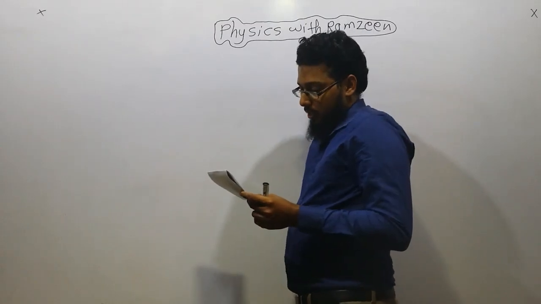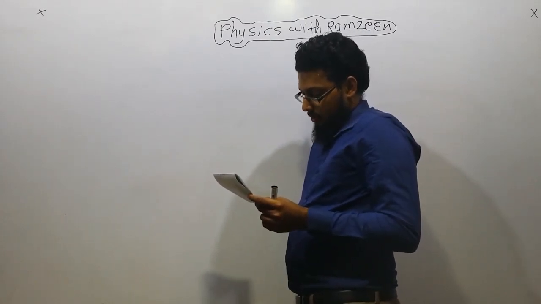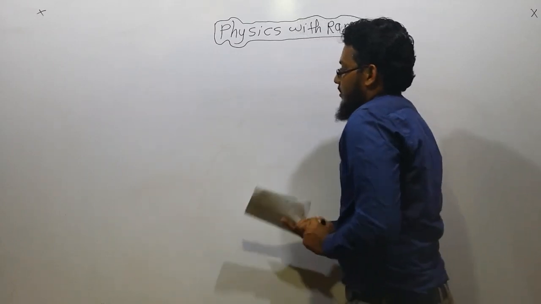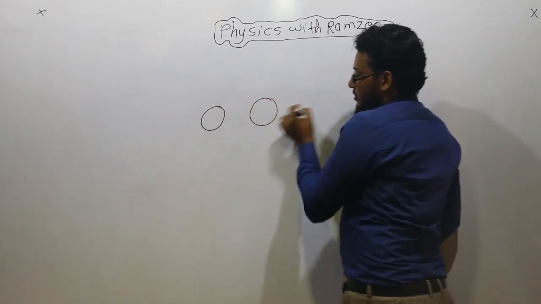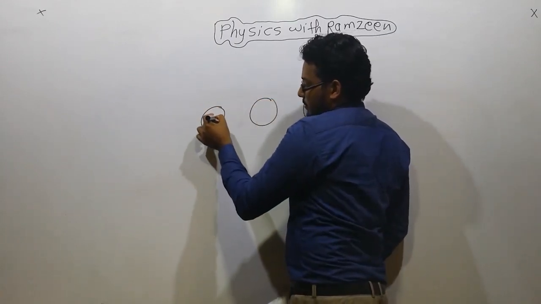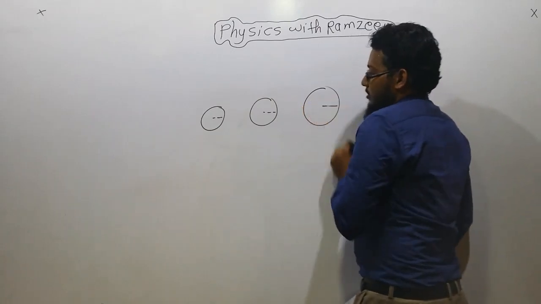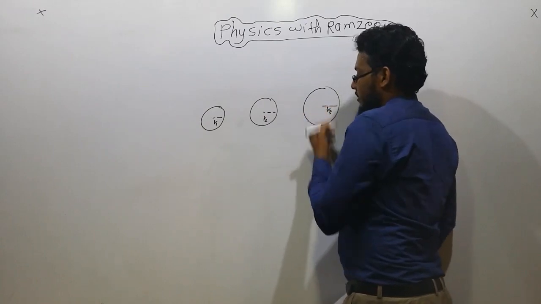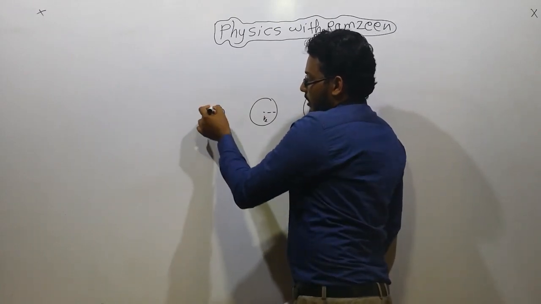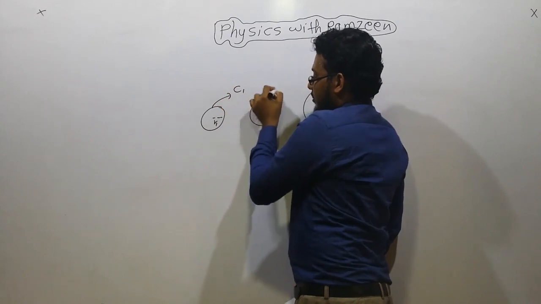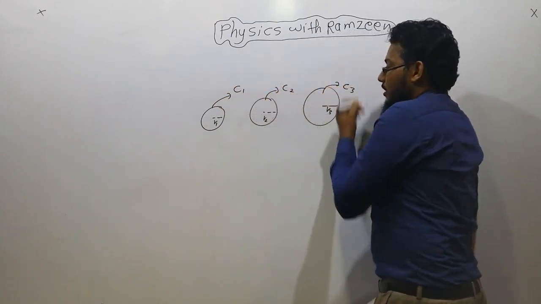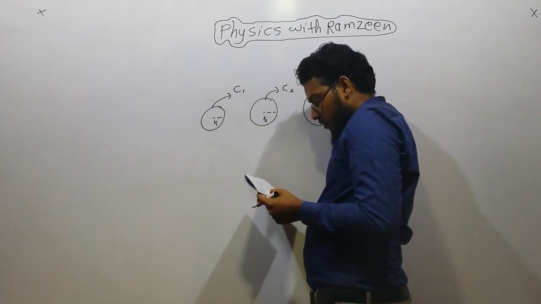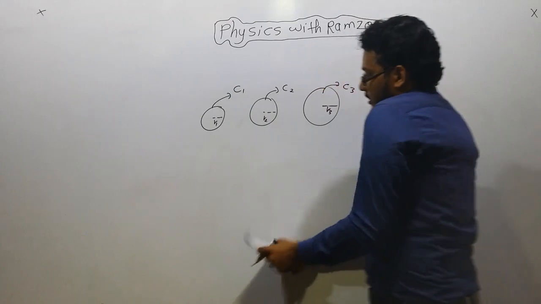Three spherical drops made out of the same liquid have capacitance C1, C2, C3 respectively. There are three spherical shapes. I can say the radius of the spherical shapes are different: R1, R2, R3, and also the capacitance values are given, C1, C2, C3, right? If the three drops make another drop by combining them into one,